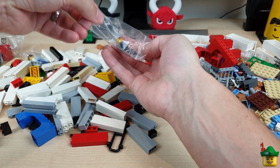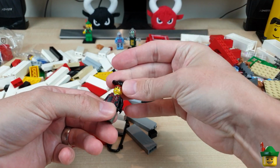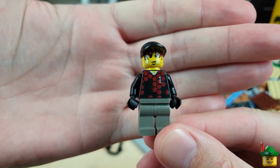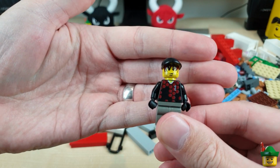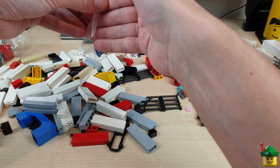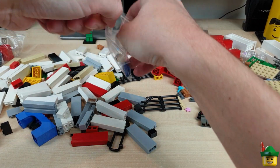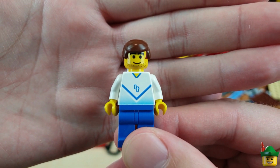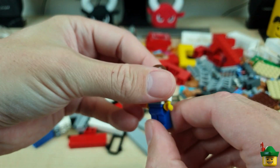Here is an old goalie from a football set. I just wanted him because he was very cheap, and he's got a torso that I haven't seen before, number 1. Yeah, good. And I think this was a sporting one as well, actually. I can't remember. I mean, if I see a minifigure going for less than £1 and I haven't got it... Oh, he's very cheerful. So I haven't got that head, so that's nice. I haven't got that torso as well, so...